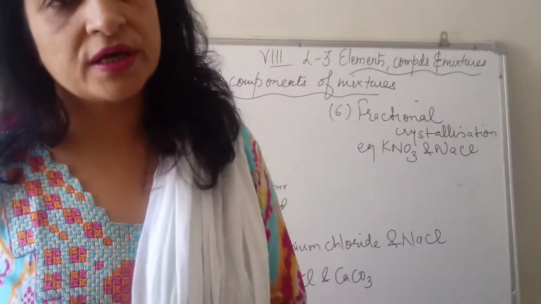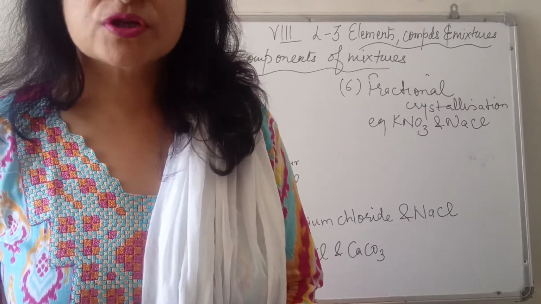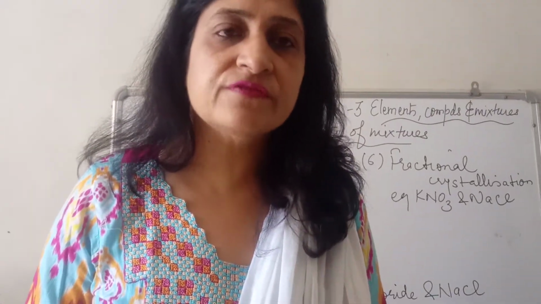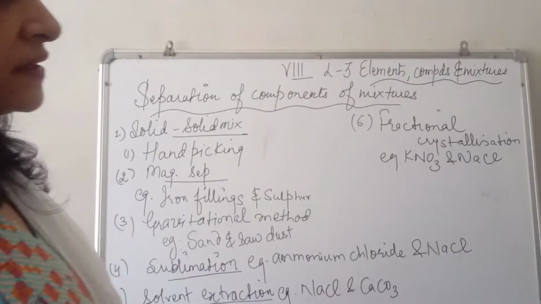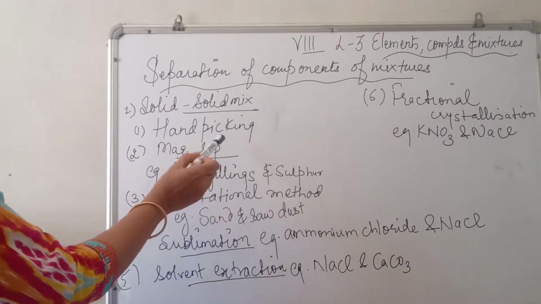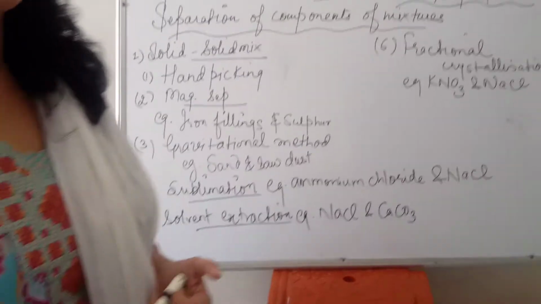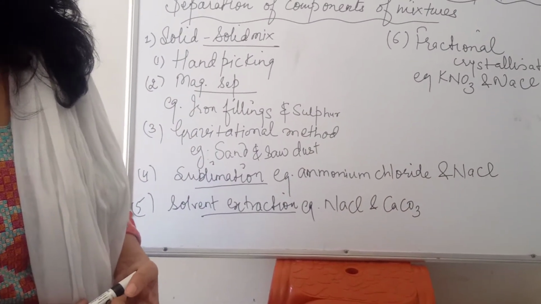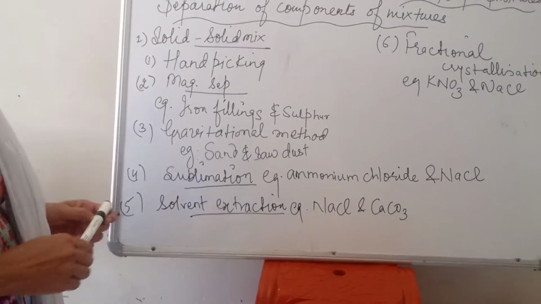We are starting today separation of the components of mixtures. So separation depends upon the type of mixture taken. Today we will discuss if the mixture contains all the components in solid form, that we call a solid mixture. The first method to separate the components is hand picking. For example, the separation of stones and mud pieces from rice and pulses. Very simple hand picking, a domestic method of using.